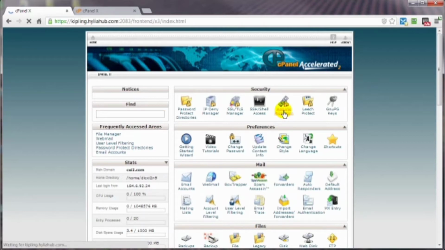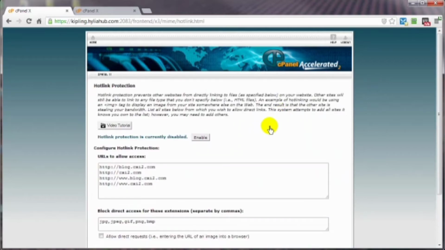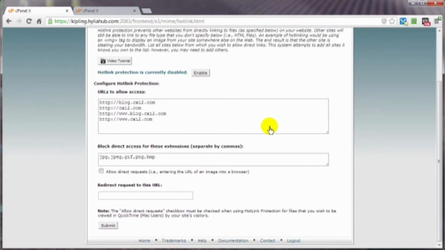Let's take a look at this real quick, because sometimes there's not much you can do about people taking your stuff, but for them to take your stuff and to steal your bandwidth in the process, that's like a double slap in the face. So here's how you can protect your bandwidth. You may not be able to protect your stuff, but you can at least protect your bandwidth